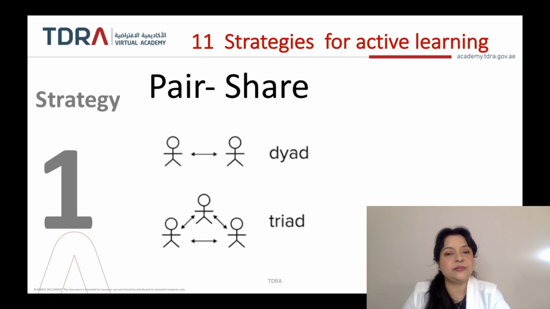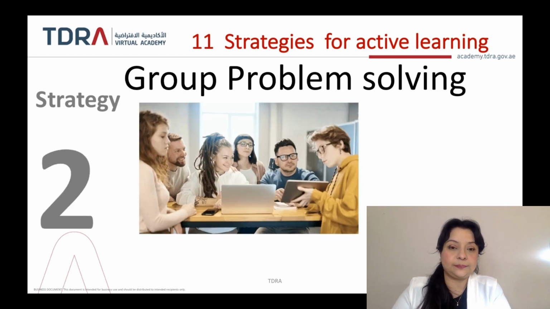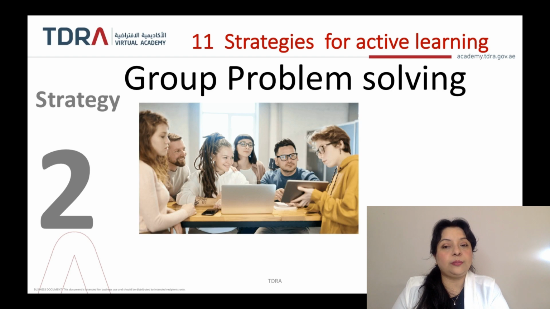The second way that you can do it is put them into triads, which is actually threes. And one person becomes the observer, one person shares, one person listens, and then they again exchange notes. But this role is not stable, so the next time the person who was listening will become the observer, the person who was sharing will now become a listener, and so the roles will keep on changing. They will each get a chance to be an observer, listener, or a sharer, and that's how they start building upon the learning levels.